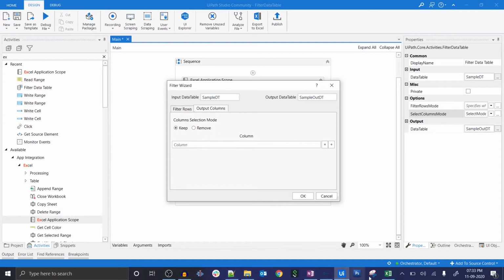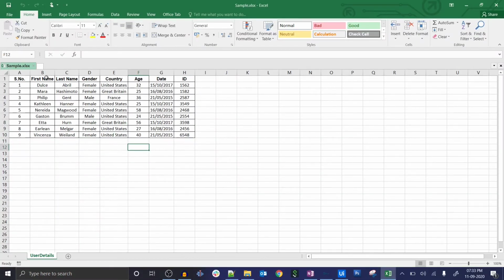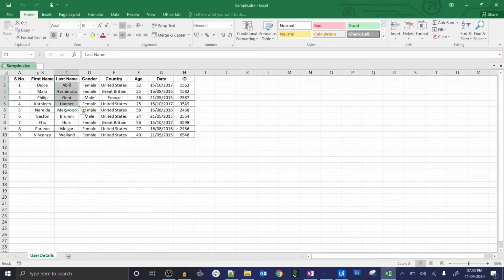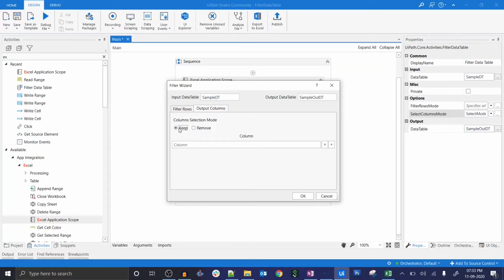My requirement here is to filter just the first name and last name. So I will filter these columns, only two columns, and I want to keep them, not remove them.